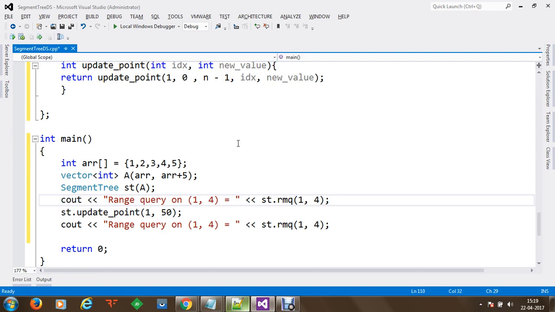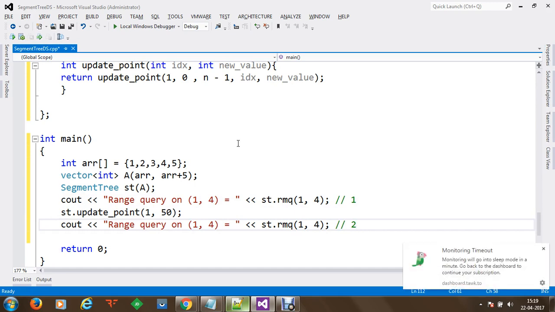We are going to get the minimum value, and here in this answer we are going to get 1 as the minimum value. Then we are going to modify 1 as 50. Then in this case the index will change to 2 as the minimum value available in the segment tree. So segment tree is a static data structure. Once it is built, it does not need to be modified,